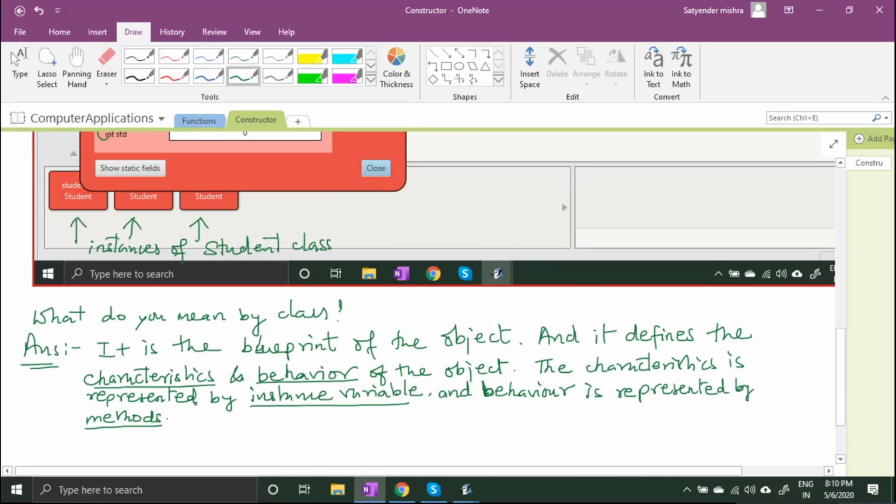So let's go to our class and create. We have created instance variables. That means we have created characteristics, but we have not created the behavior, right? So this class, this object, doesn't know what to do. It is like a kid just born, and it doesn't have a behavior. These objects are just born. They don't have the behavior.